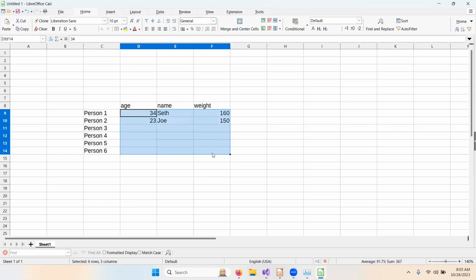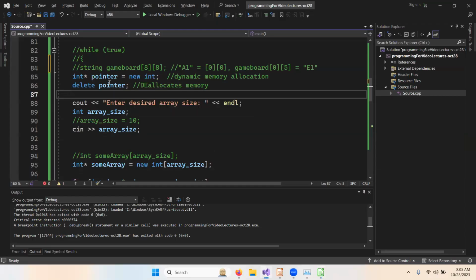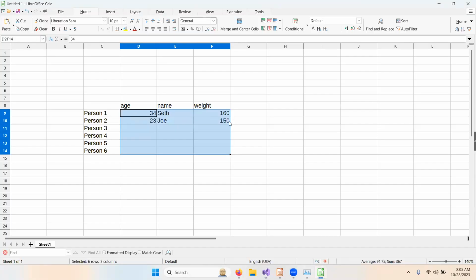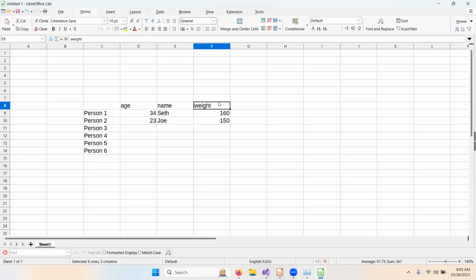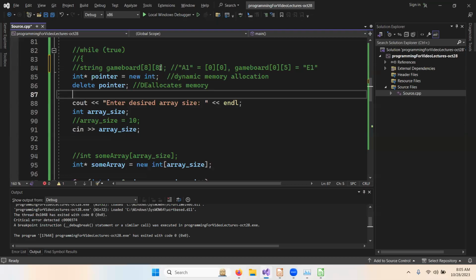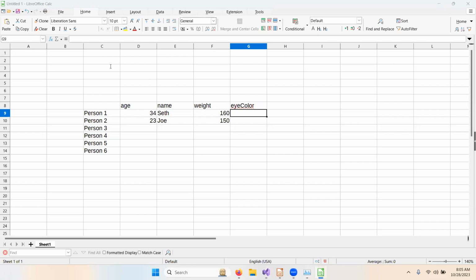You could represent it using potentially, the data types are mixed here, so you might want to use a class to represent each person record. But if you all of a sudden just decided that you wanted eye color as well, then you would need to insert an additional column. You would need to change this 8 to a 9, so to speak. I know I'm mixing up my examples here, but yeah,